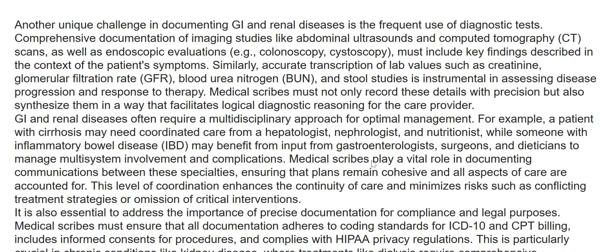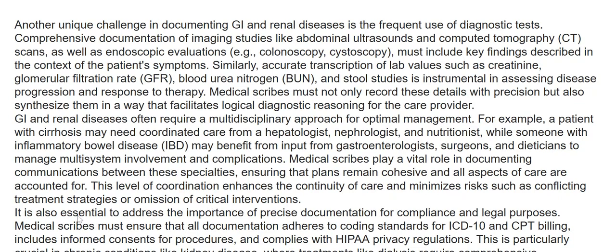Medical scribes play a vital role in documenting communications between these specialties, ensuring that plans remain cohesive and all aspects of care are accounted for. This level of coordination enhances the continuity of care and minimizes risks such as conflicting treatment strategies or omission